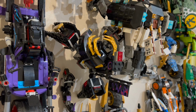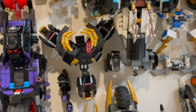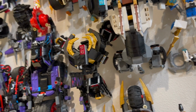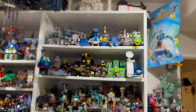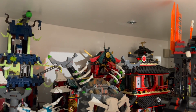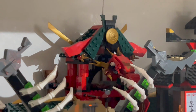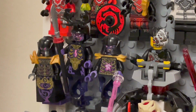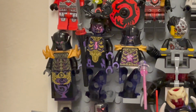Here is the Overlord's crawler vehicle that he drove in the Battle of Ninjago City set, and you can really see how those Chima spider leg / claw pieces really influence the torso design on the minifigure itself, which is something I just find to be really cool. Actually, you can see the Battle for Ninjago City set all the way in the back right here. It was one of the larger sets from that particular wave of Ninjago, which is why that one is so rare. Actually, you can see the different versions of the Overlord right here, the original one from 2014 and 2